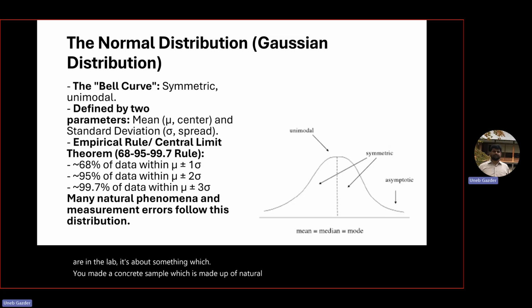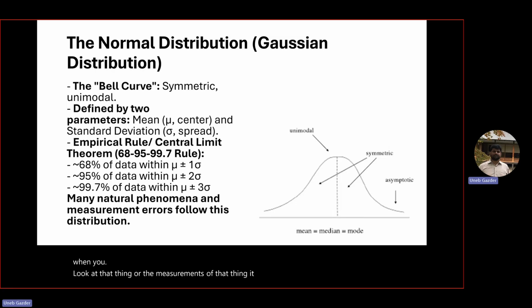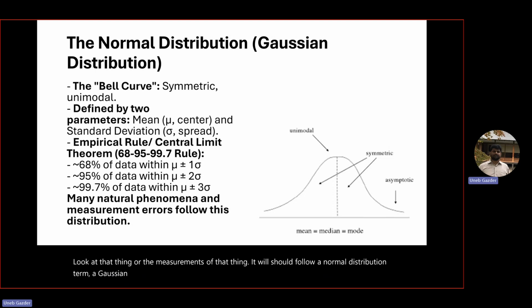So when you look at that thing or the measurements of that thing, it should follow a normal distribution curve, a Gaussian distribution curve. And it is mainly because of the